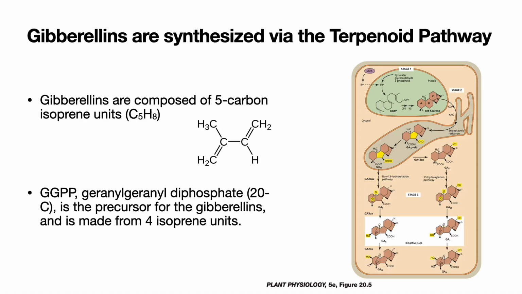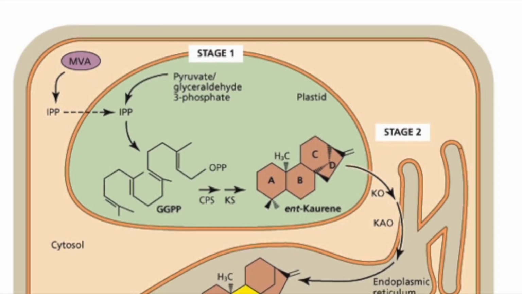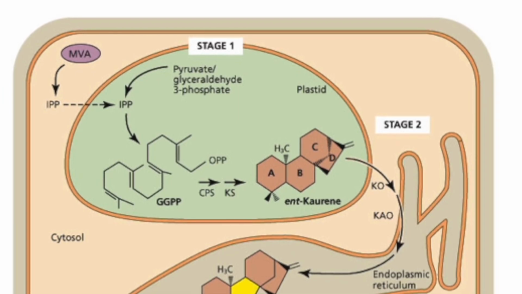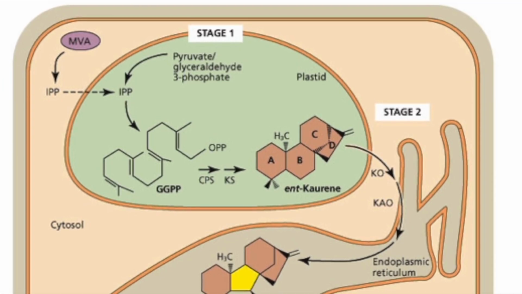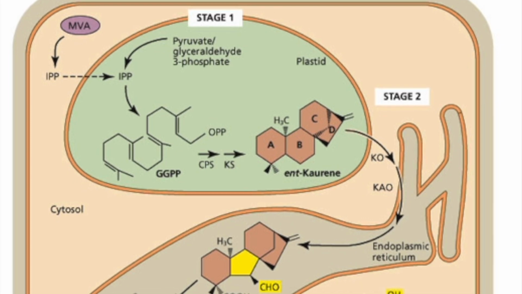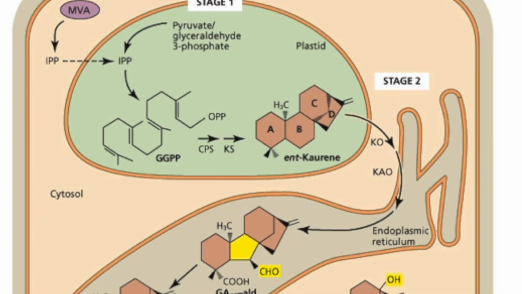Gibberellins are composed of 5 carbon isoprene units, which are synthesized in the beginning of the pathway into geranylgeranyl diphosphate, shown here as GGPP. This pathway involves the terpene synthases, ent-copalyl diphosphate synthase, or CPS, and ent-kaurene synthase, or KS,